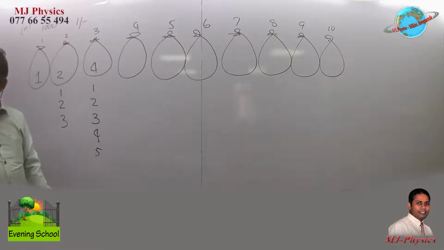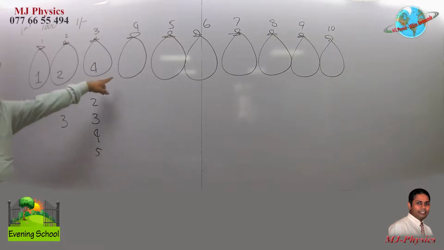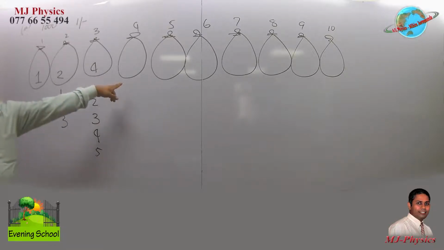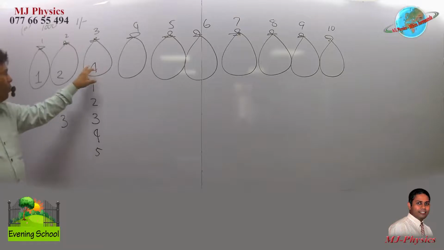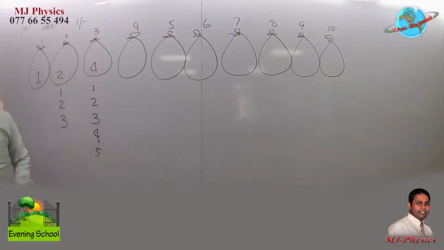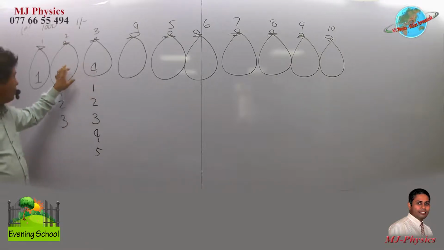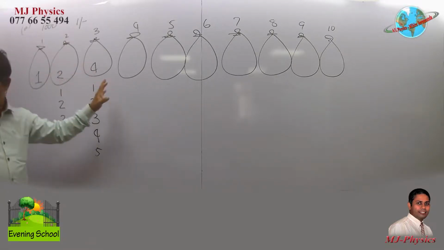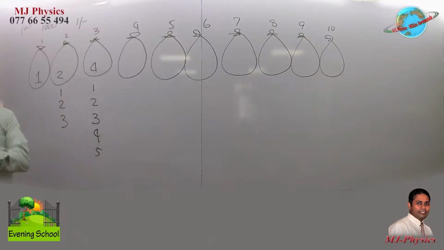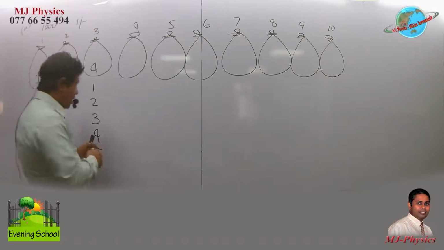How to give 5 rupees? Am I supposed to take another bag? No. Why? So 4 and this. How to give 6 rupees? These two? Yes. How to give 7 rupees? 4, 2, 1, 7. How to give 8 rupees now? Again I need another bag. I need another bag. I will keep on thinking.